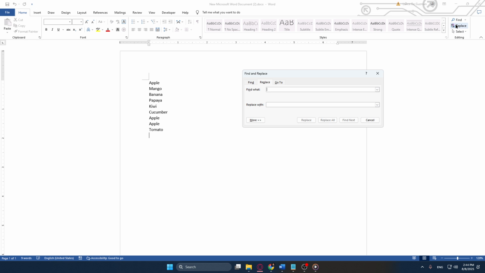and highlight duplicates. Once you have the dialog box open, you want to focus on the Find field. Here is where you'll enter the word you suspect might be unnecessarily repeated across your document. For our example today, let's imagine we're looking for the word apple. By typing apple into the Find box, you instruct Word to scan the document for every instance of this particular